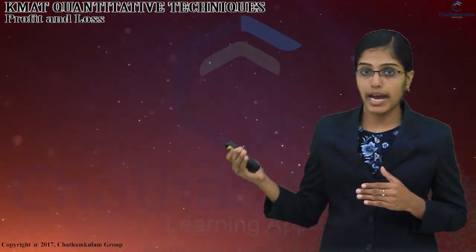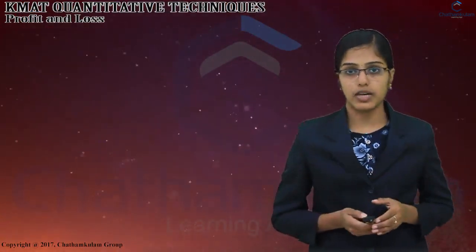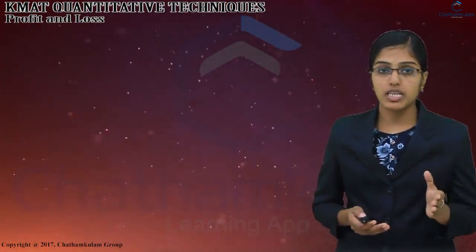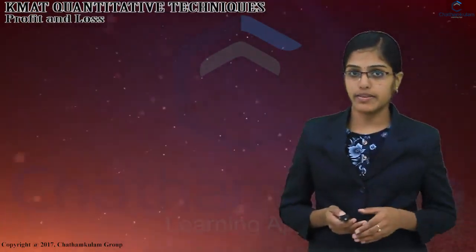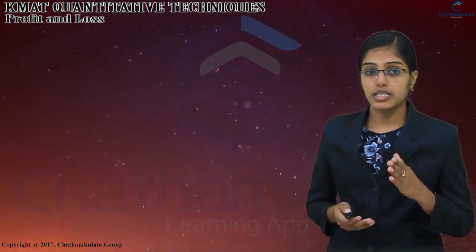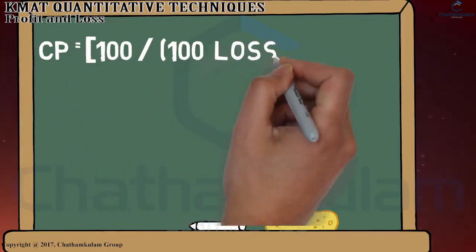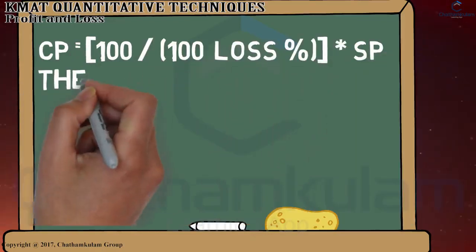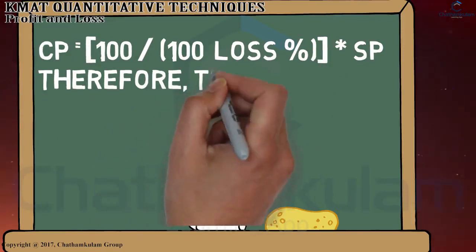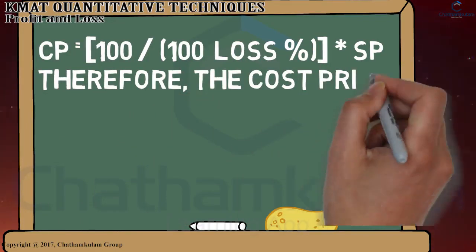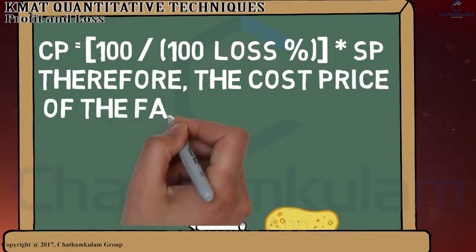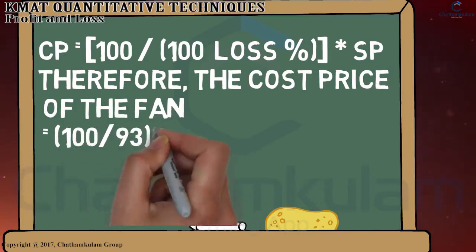Our next problem is that a man sold a fan for rupees 465. Find the cost price if he incurred a loss of 7%. So here CP is equal to 100 divided by 100 minus loss percentage into SP. Therefore, the cost price of the fan is equal to 100 by 93 into 465, that is equal to